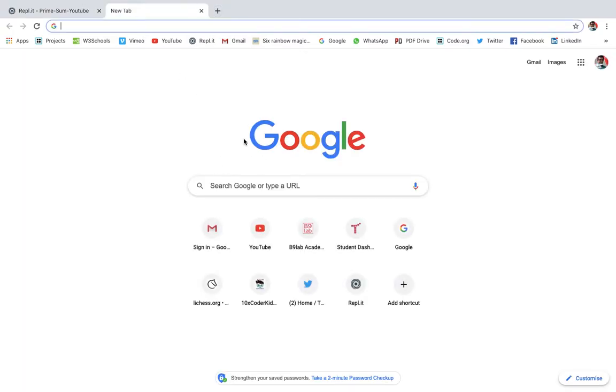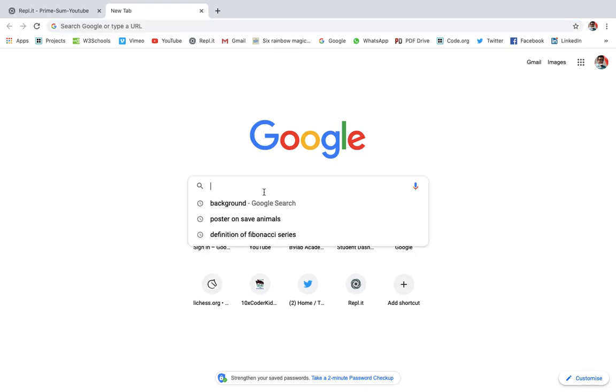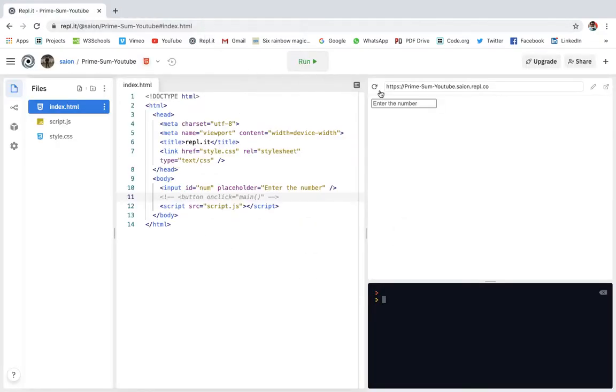Like if you see Google, you must be using Google, and over here it's written search Google or type a URL. This is a placeholder. When we click it and try to write something, it disappears. So it is a temporary text. If we write something over here, it will disappear. So this is the placeholder to make the user know what this input field is for.